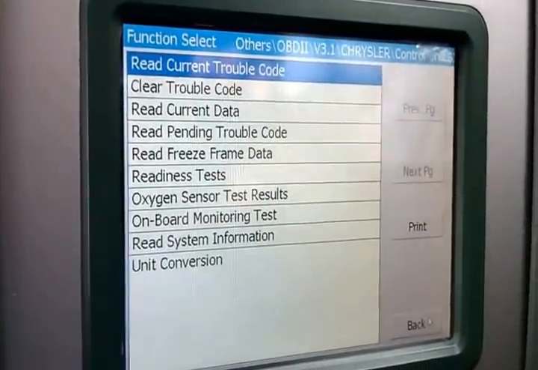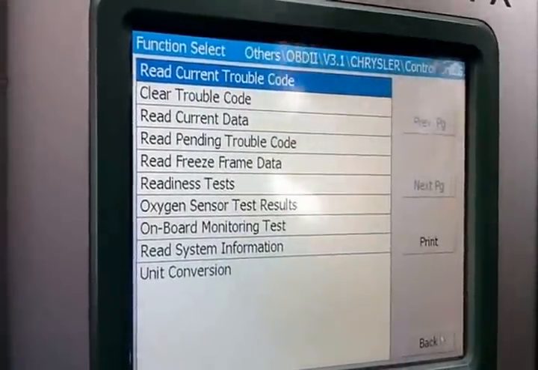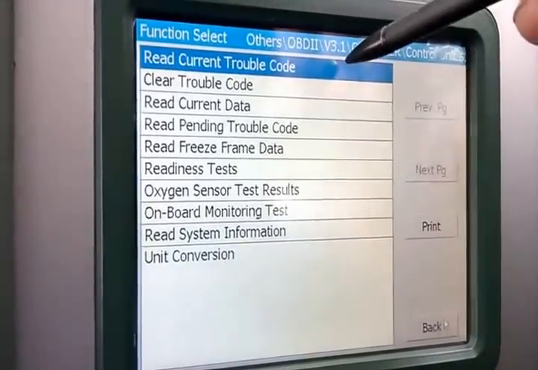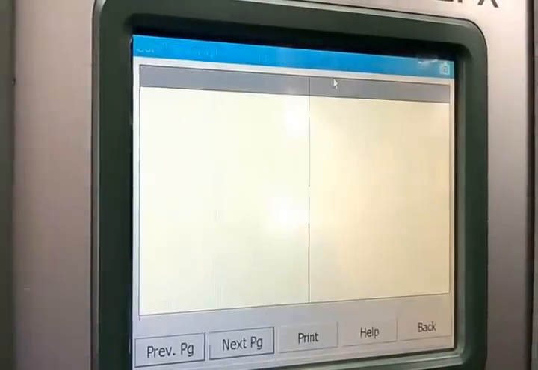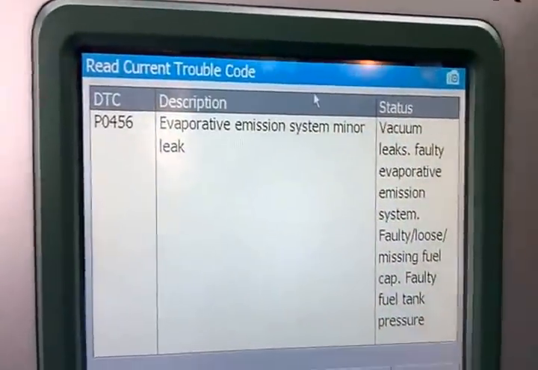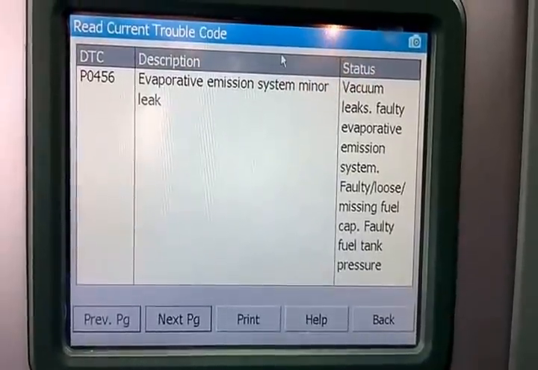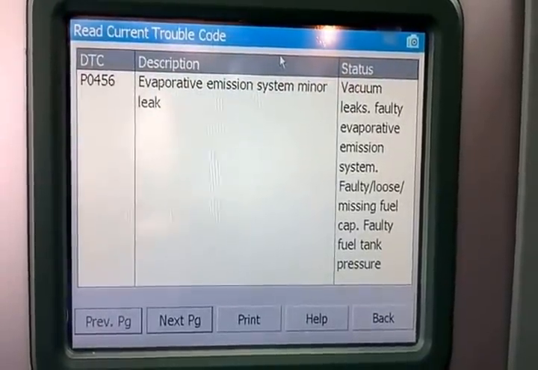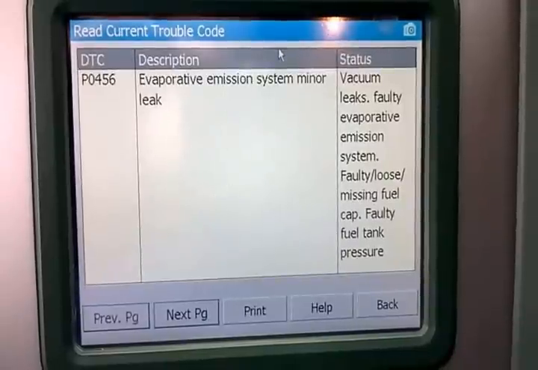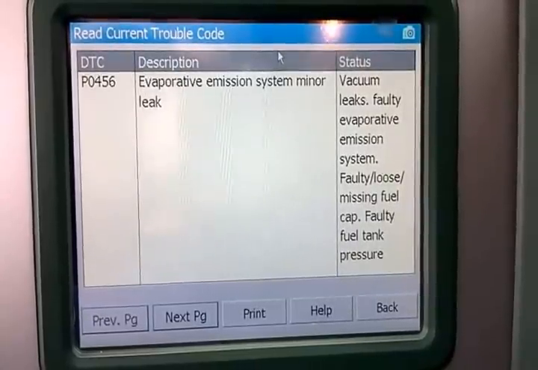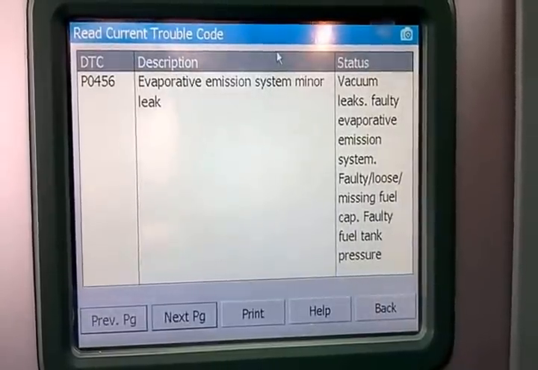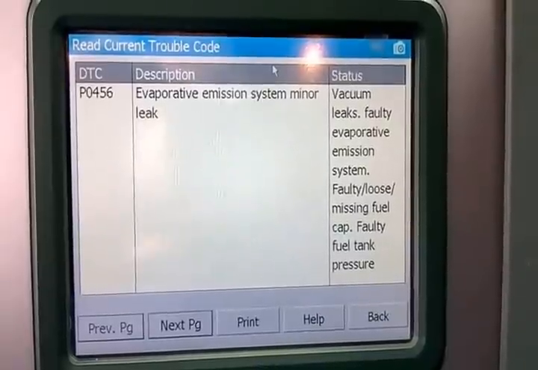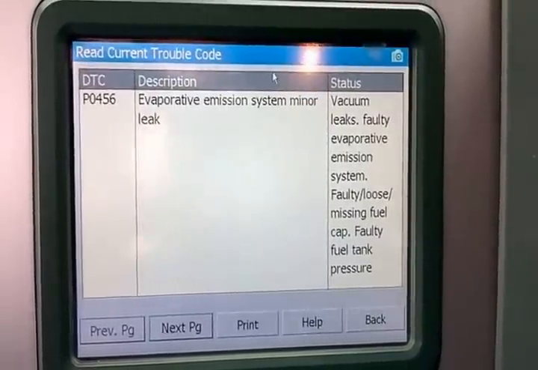I'm here using my Autobots V30 scan tool, so I'm going to check the codes on this vehicle. I see we have a P0456, evaporative emission system minor leak. So in other words, a very small leak. Common causes: vacuum leaks, faulty evaporative emission system, loose or faulty fuel cap, faulty fuel tank pressure